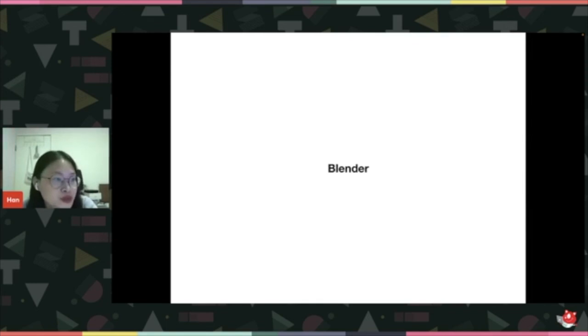And the next one I'm going to introduce is Blender. I think some of you might think, oh, Blender is about 3D models, and you need to do a lot of complicated work in order to make some models. But sometimes we try to make it easier to use in the newsroom. And I'm not an expert in Blender. I don't know how to create a human in Blender, but it can help me create some beautiful